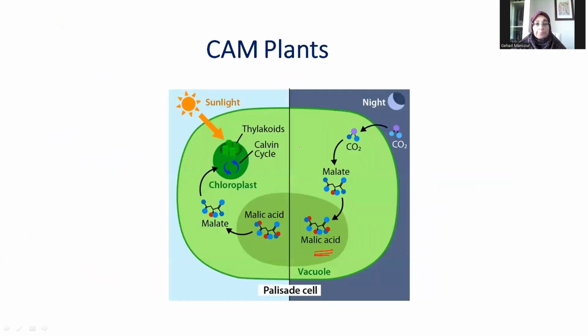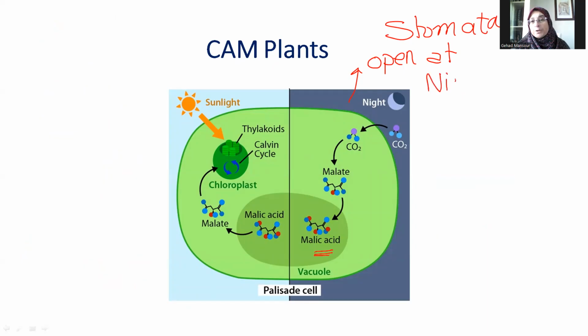In the CAM plants, the process is very similar to the C3 plants. All they do is photosynthesize at night. So here, the main characteristic of the CAM plants is that the stomata open at night. This is, of course, a major privilege. Why? Because when the sunlight hits the plants and the light reactions occur, what happens in the Calvin cycle is that they